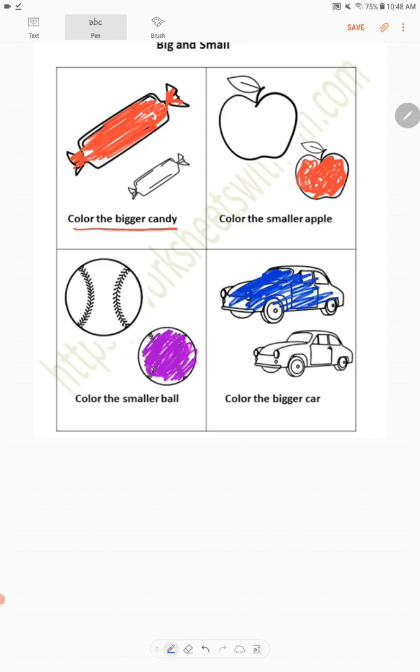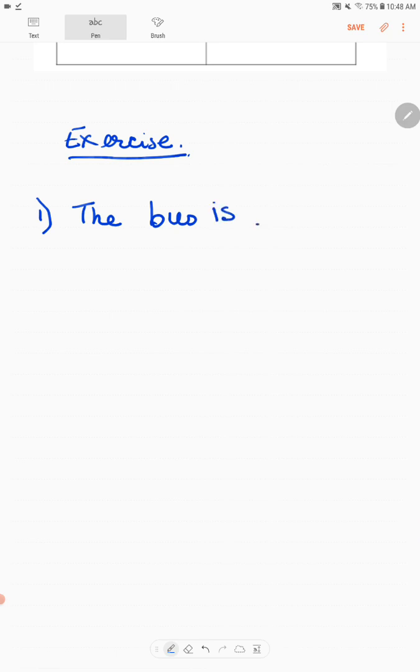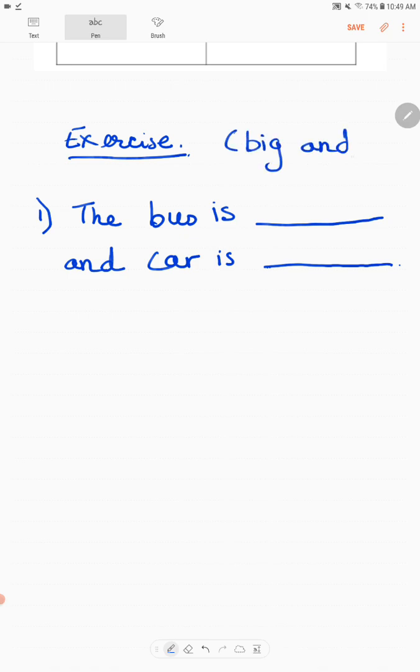Now let's do some exercises with words. Now tell me. The bus is dash and the car is dash. Now what is big and what is small? You are going to tell me. So you are going to fill only these two words, big and small.